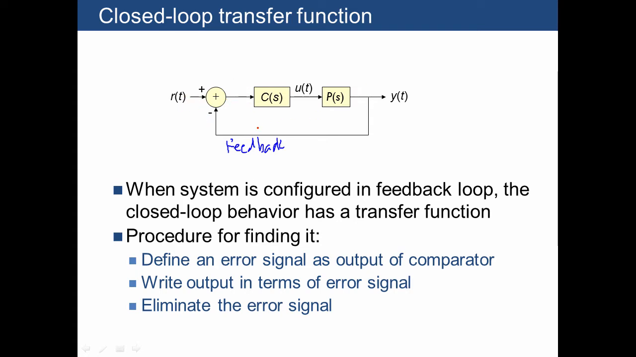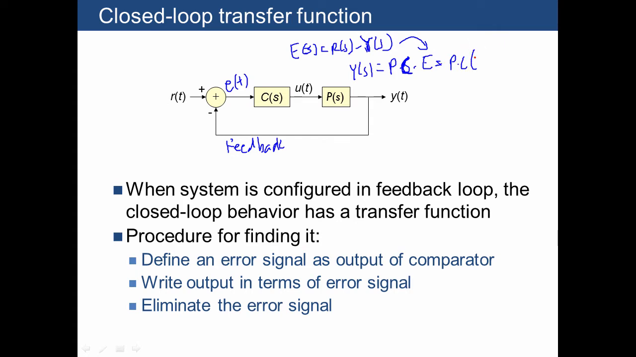The procedure for finding the closed loop transfer function is to define a value for whatever comes out of our summing junction, which I'll call E, meaning error signal. The output E is going to be equal to R of S minus Y of S. This is fed into the rest of our system where we know that Y of S is just going to be equal to P, and I'm not going to keep writing the S's over and over again, so I'll just write P times C times E,